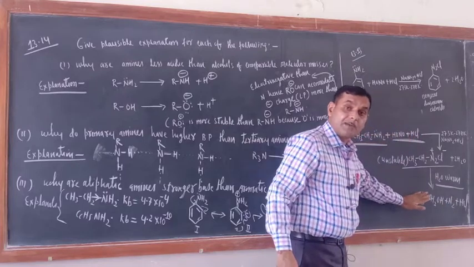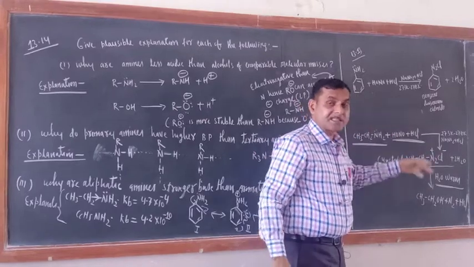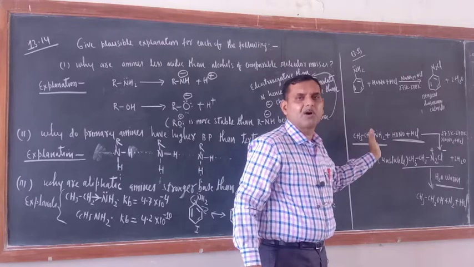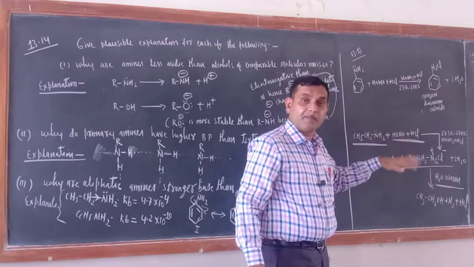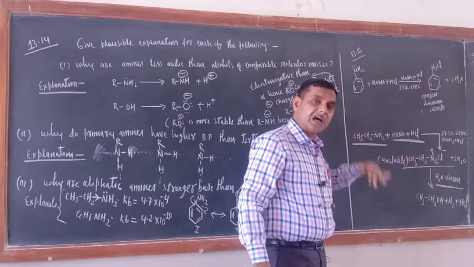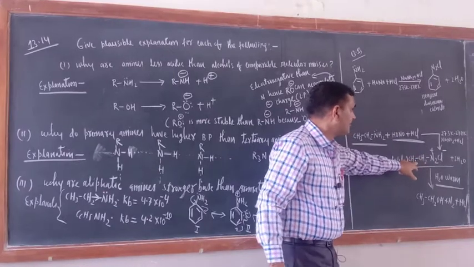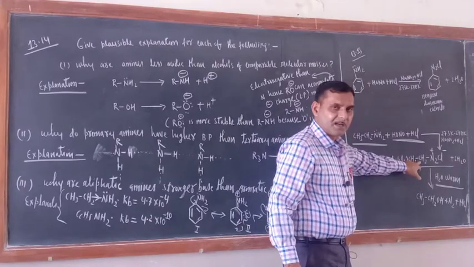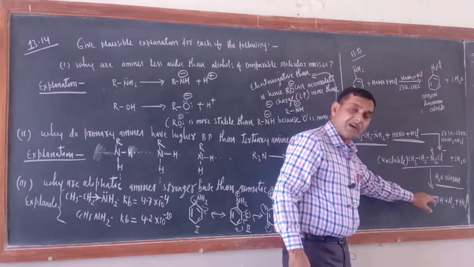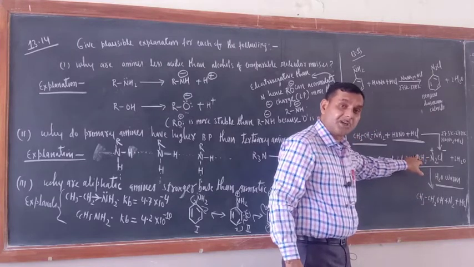Alcohol will be the major product here. 2 degree amines, that reaction I also told, the Liebermann nitroso test, in the studies video. 3 degree amines' reaction with nitrous acid I told you, isn't it? What is the difference I also told you. So please remember. Now here whatever diazonium chloride is formed, this is unstable, and when it reacts with water, the final product is alcohol. This is an intermediate product.